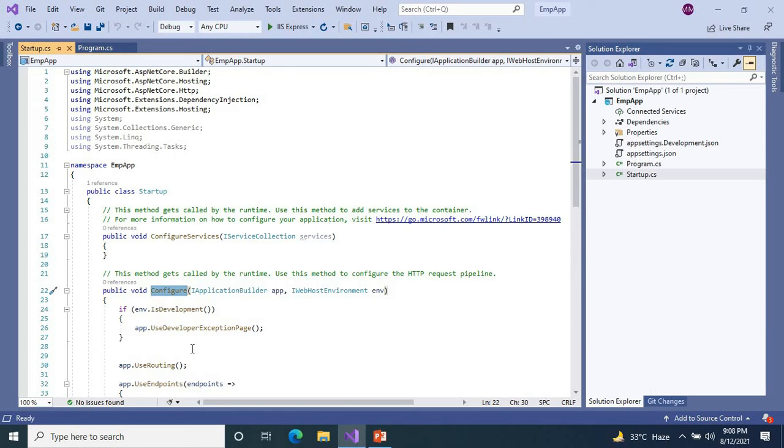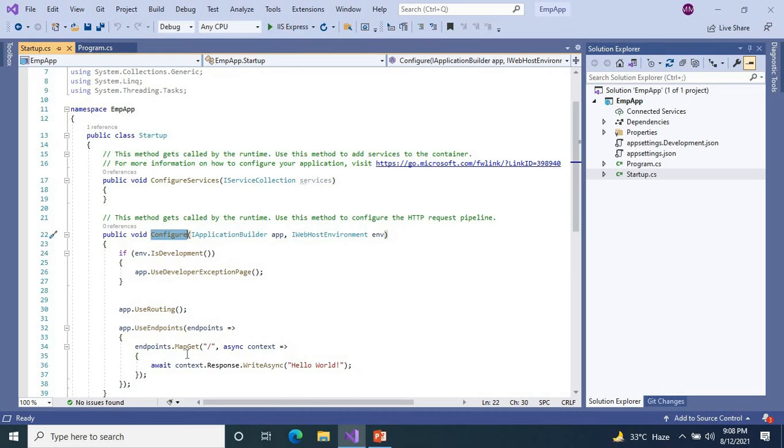The Configure method is used to specify how the application will respond to each HTTP request. This method is mostly used for registering middleware in the HTTP pipeline. The Configure method accepts an IApplicationBuilder parameter along with some other services like IHostEnvironment, IWebHostEnvironment, ILoggerFactory. Once we add some services in the ConfigureServices method, they will be available to the Configure method to be used. For example, to enable the MVC feature in our framework, we need to register UseMvc in Configure.